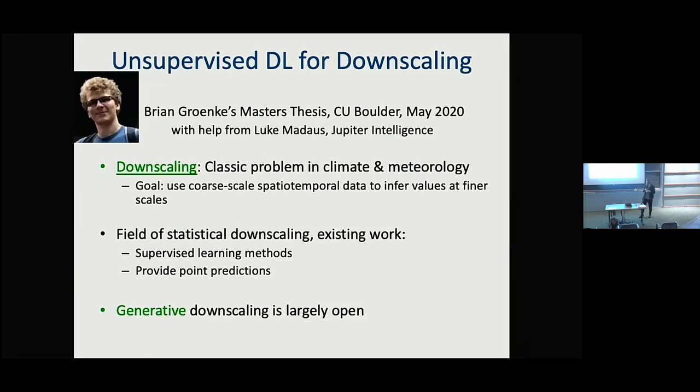First, he was at Jupiter Intelligence for a summer internship and tried some super resolution techniques from computer vision that had been applied in this literature and didn't get as good results as what we're going to talk about